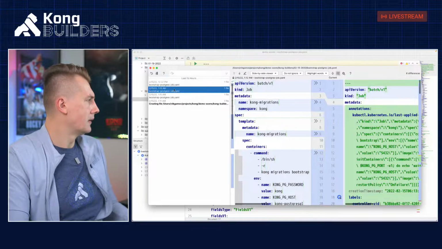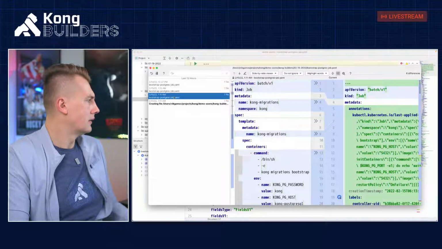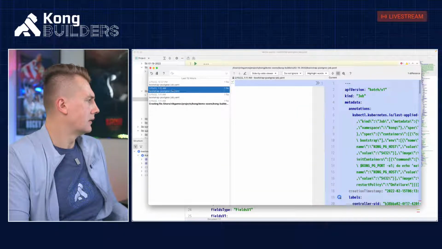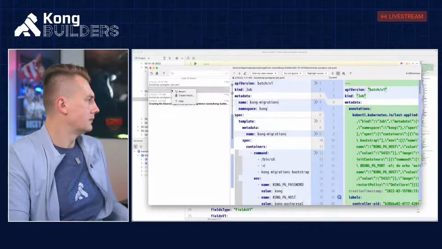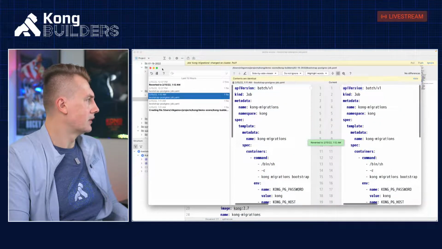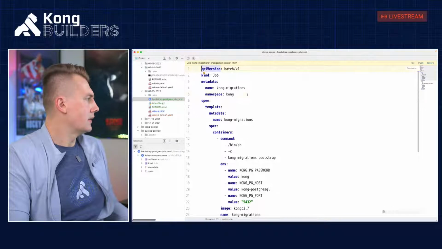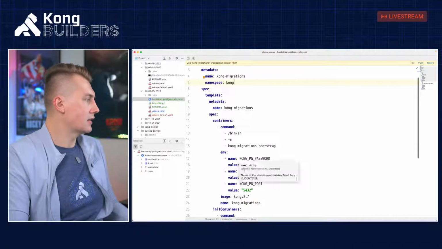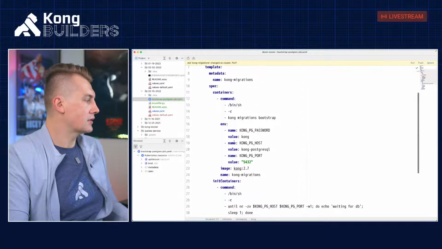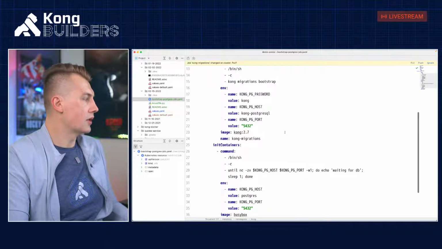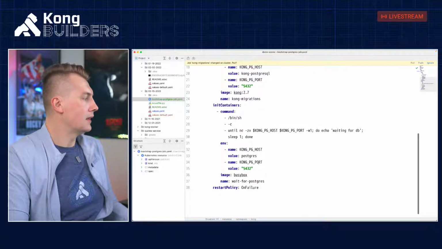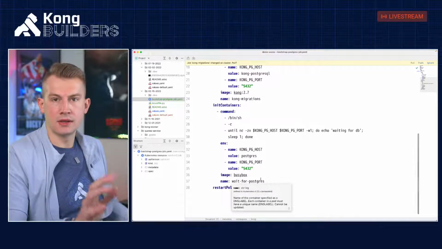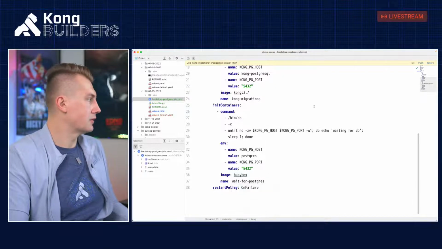Revert. Okay, cool. Now, in this case, it's going to be a one-off job that will run a container that includes Kong and connects to this database and runs the migrations. And after that, we'll confirm that it is up and running.